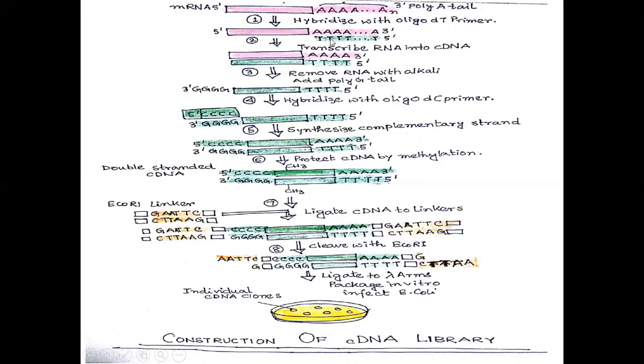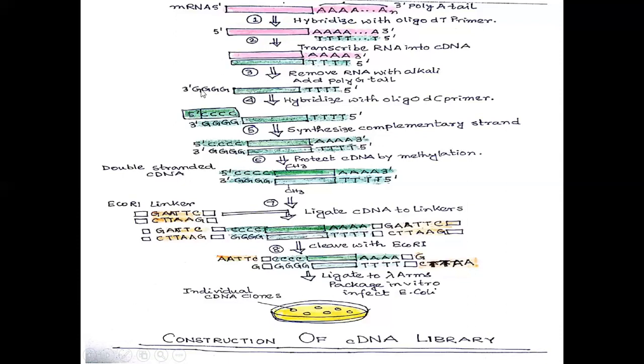Once the mRNAs are trapped and collected, then we can help them using dNTPs. We can extend this region and make the first cDNA copy from the mRNA. This copy is cDNA because it is complementary to mRNA. Now, since it is a kind of RNA-DNA hybrid, we have to remove the RNA portion using RNase enzyme.